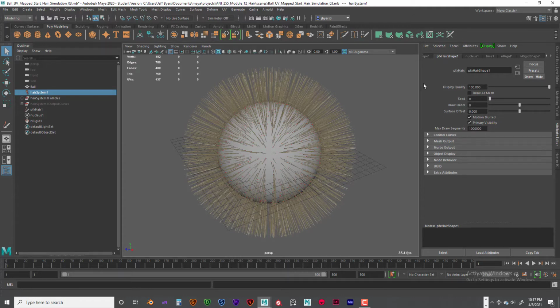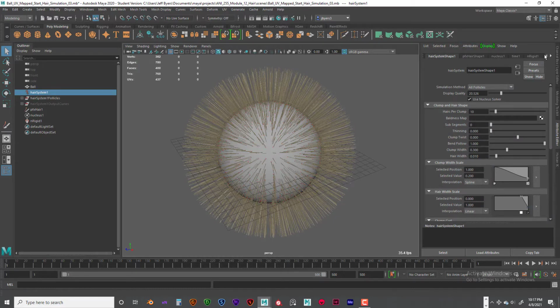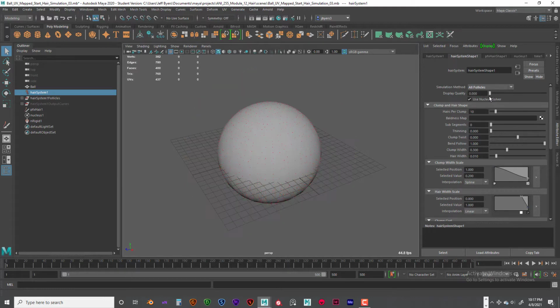Let's go back a little bit more. There we go. That's what we need here. System hair system shape 1. So we've got all follicles selected. That's what we need. And then display quality. Again, I'm going to bring that all the way down, not to 0, but something like 1.5, and go ahead